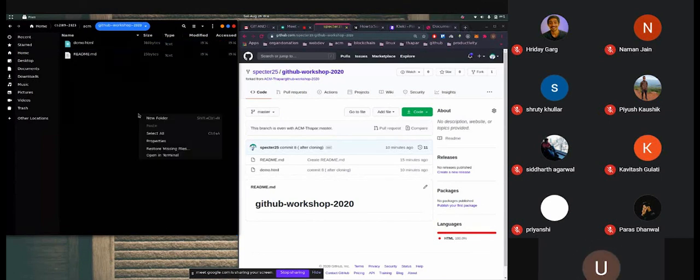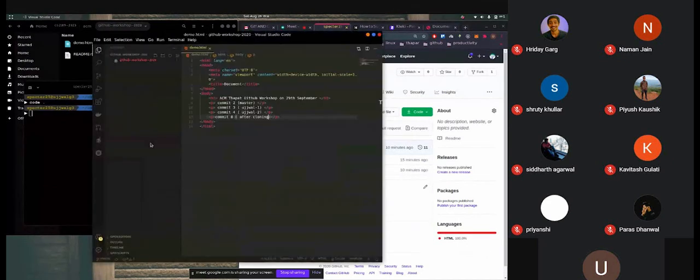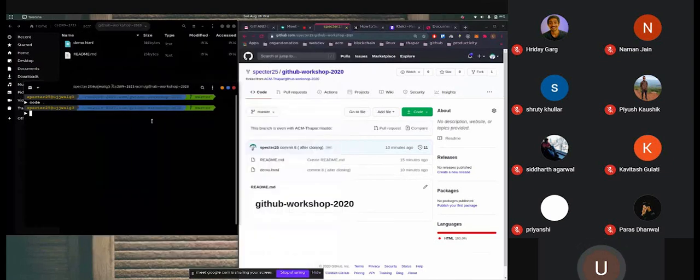Please don't get confused. Here the things might get confusing. So again I will open my code editor. So I like this repository, just assume, and I want to make changes in this code. So what I will do is I will first create a branch.